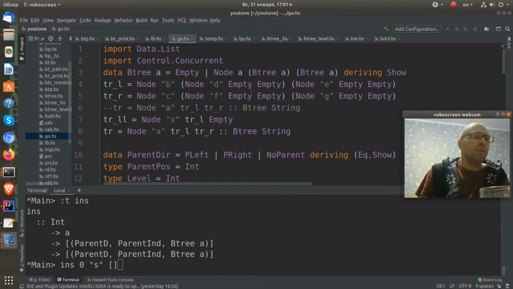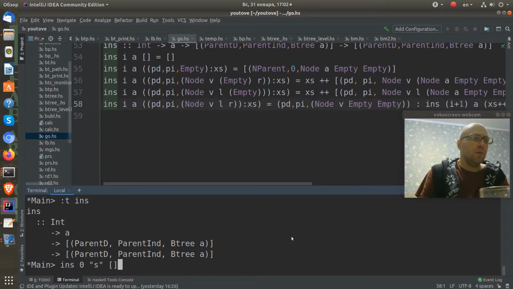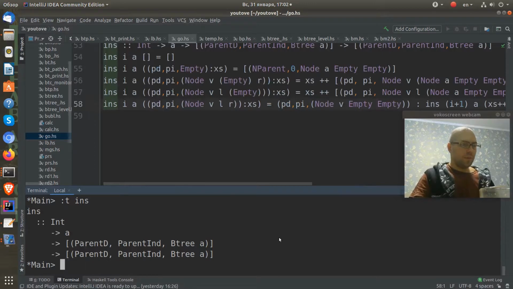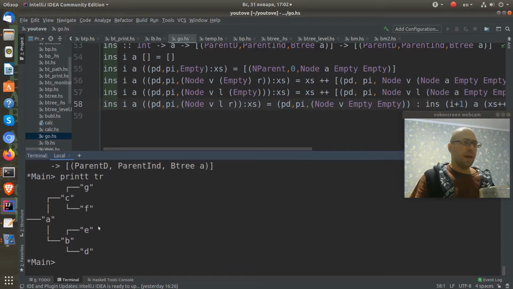From the left we have B, D and E, and from the right we have C, E, F and G. So okay, I will print this tree. Okay, we have a tree of this type,